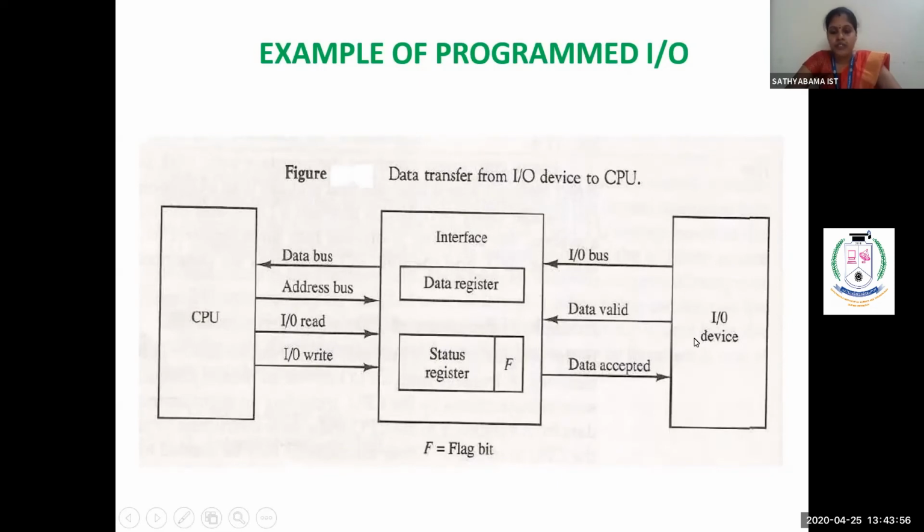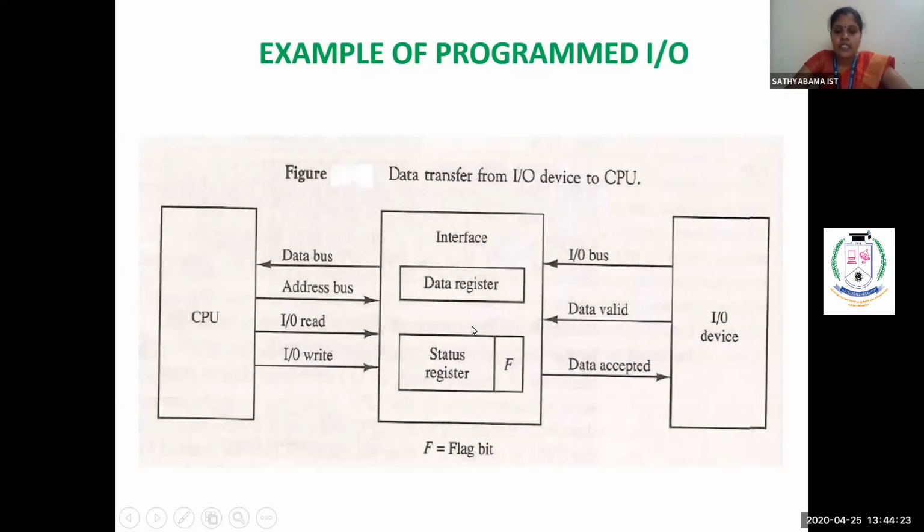Whenever the peripheral device sends an interrupt to the CPU, each 1 byte only will be able to be sent. In that case, the IO bus will take in 1 byte. Whenever the IO byte is entered, the data valid line will be enabled. So that interrupt goes to the data register, through the data register, that is the interface circuit, the communication line.